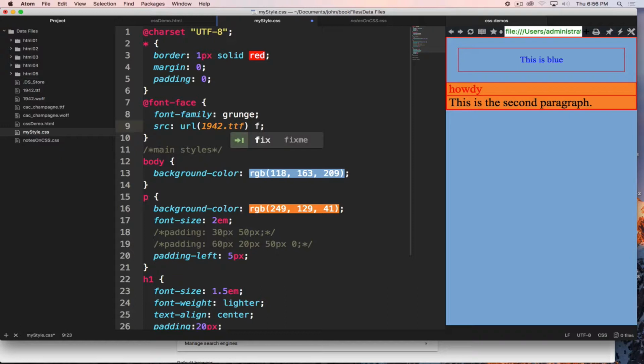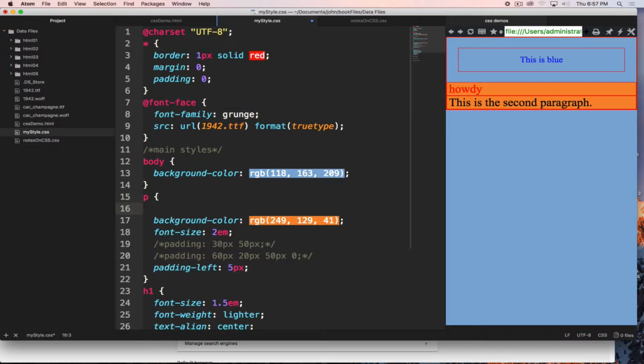Now, the next thing we do is specify the format that we will be using, and on this, with the format, it is TrueType. So we've specified the name that we want to put on it. Now, to use it later on,